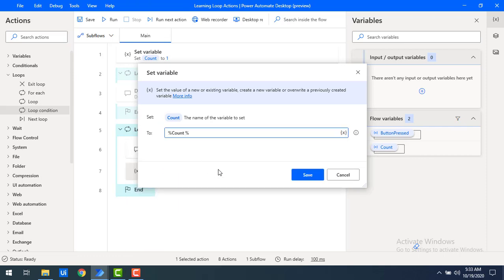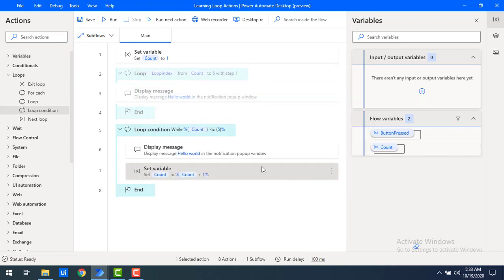If you see over here inside the percentage, I'm going to increase the value by 1. I have not shown how to add values, like a plus b, and so on. I will explain how to do addition, subtraction, and all these things later on. Now I want to increase the value by 1, count equal to count plus 1, so that I set the value in the count itself. Let me click on save.